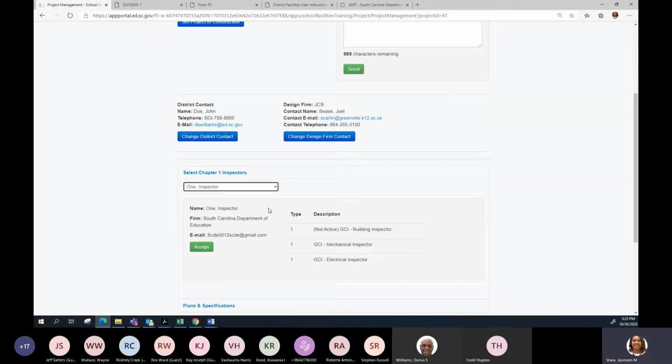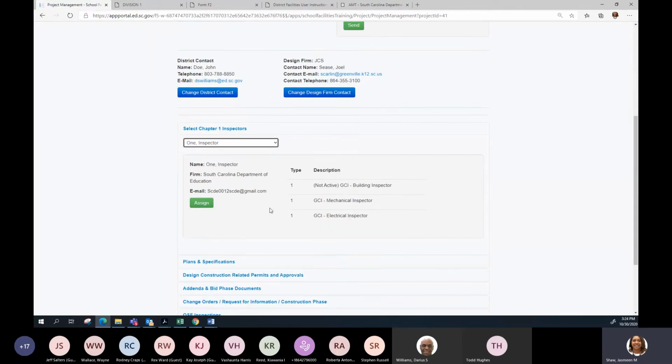And if I haven't mentioned this before, I'll go ahead and mention our new web application, of course, again, is a one-stop shop for districts, design professionals, other state agencies, to all have access to our application and see the real life status of the project. And so we've implemented part 1, which was the Chapter 1 inspectors portion, to get them in our system. So when you log in, you'll see the list of all of the approved Chapter 1 inspectors, and you will be selecting from that list which inspector you want on that project.